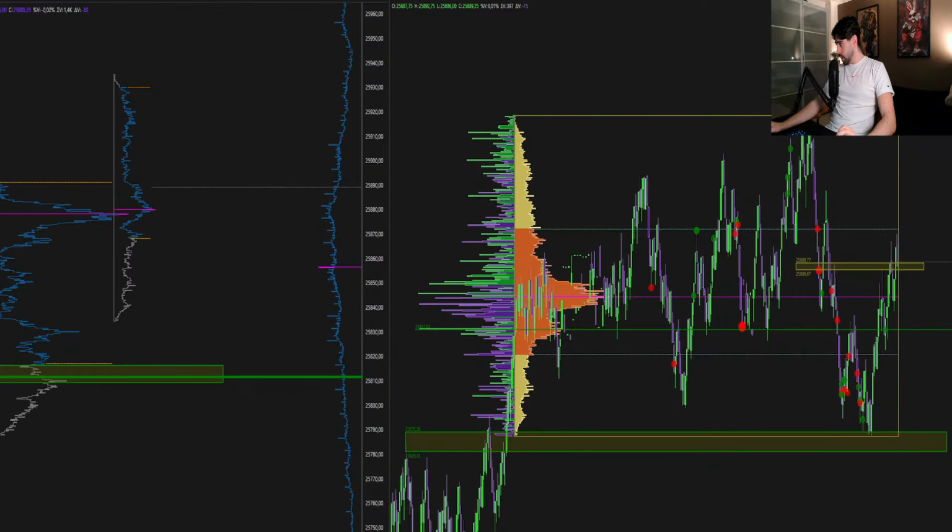Sellers might reclaim their level. If not, buyers will push higher in the value. How about the IVB strategy? The IVB strategy is you can wait 15 minutes after market open, 30 or 60. If we break above a high or low on the IVB, you take a trade. That's it. I think it's like the ORB trading method, like the ORB model. Essentially the same thing, but this one is induced with volume.